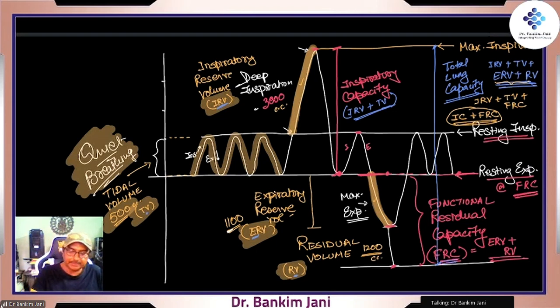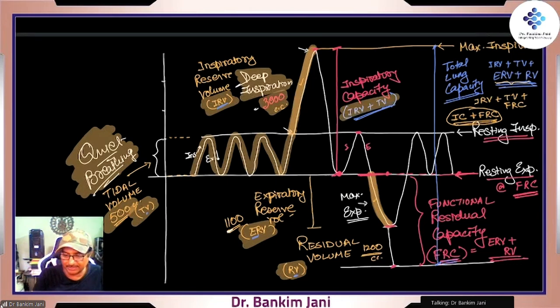Then at the peak, right? So over here, after completion of normal inspiration and the extra air if we try to take, that is the deep inspiration. So when we try to fill our lungs to its capacity, this is what is called as the inspiratory reserve volume. This is the volume which we can really take in after normal inspiration. So that is about 3 liters, 300 cc. Right? And then